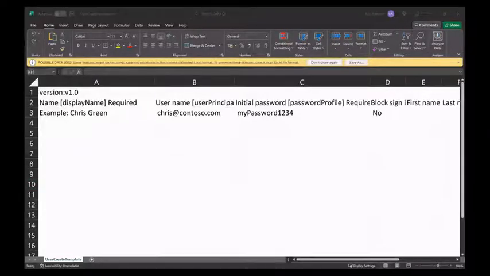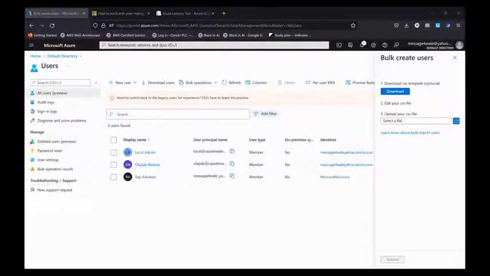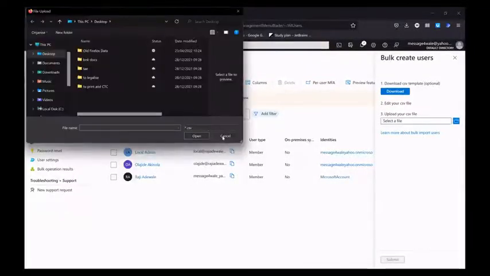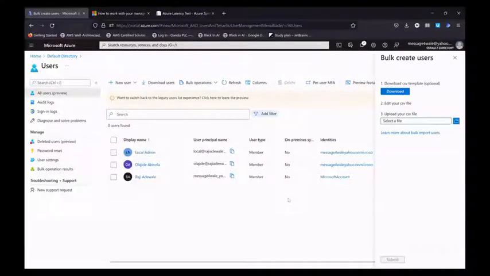So once you fill that up, you upload it here, and you go to say submit. That creates the users